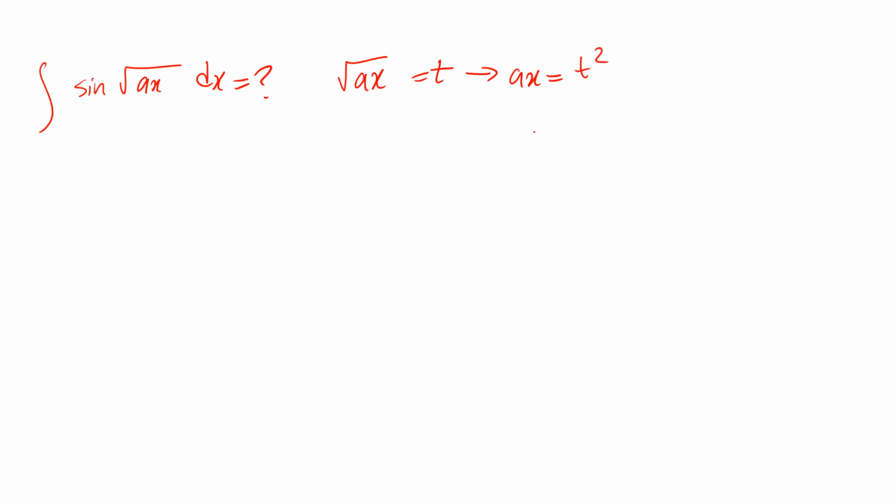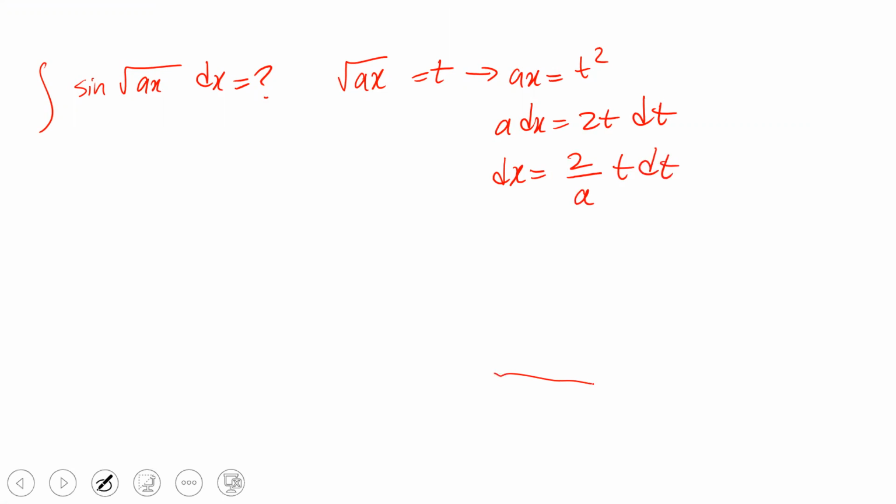And if you take the derivative of each side of this equation, you'll get a dx will be equal to 2t dt. Or in other words, you can conclude dx is equal to 2 divided by a, t dt. So now if you substitute this equation and